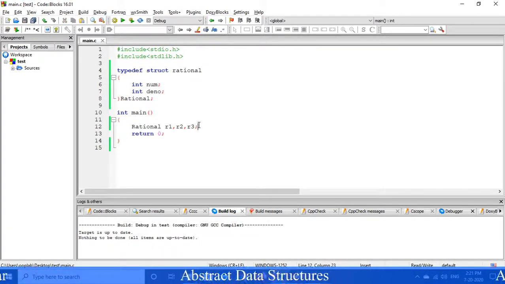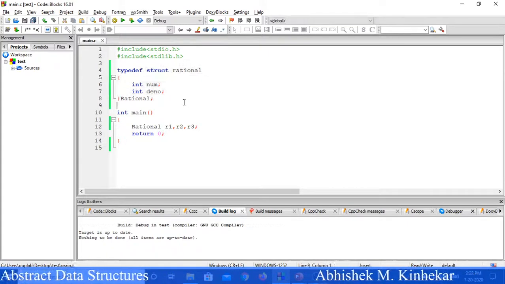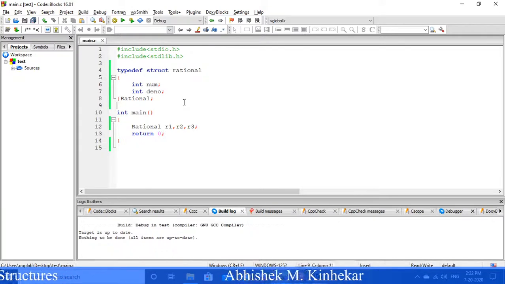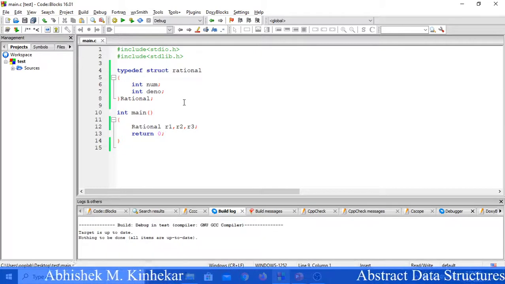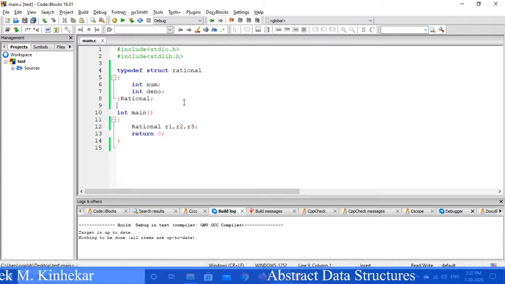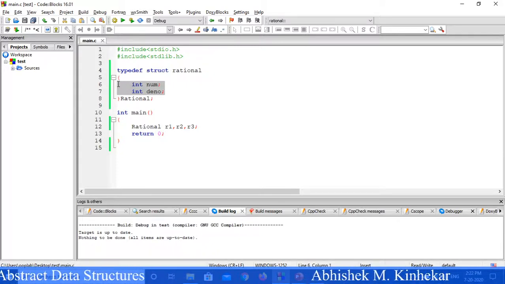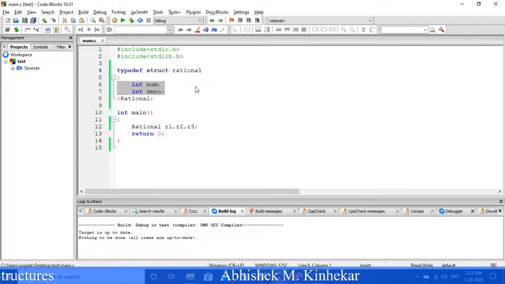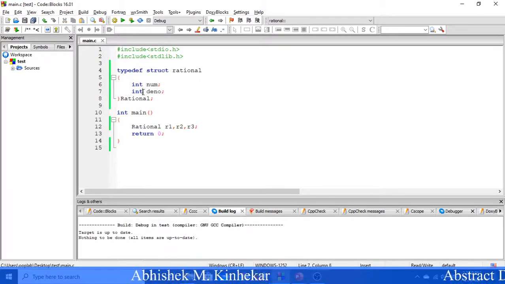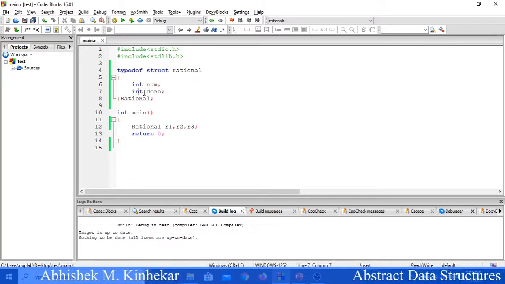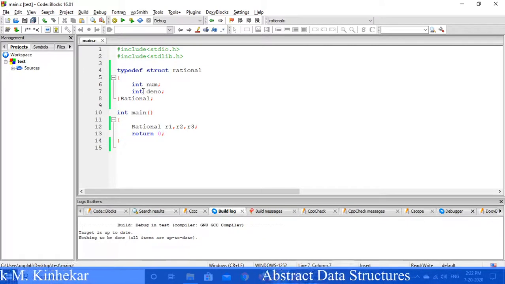Now this is an ADT for rational number. From struct to this Rational, this is an ADT for rational number, correct? So we have created an abstract data type. But just creating a data type is not enough. If we create a new data type, we have to discuss three things: the nature of data, the range of data, and permissible operations. The nature of data we have declared in the structure, that my data consists of two integers. The range of data is defined by the primitive data type we have used, integer. So whatever is the range of integer, that same range applies to my rational numbers.